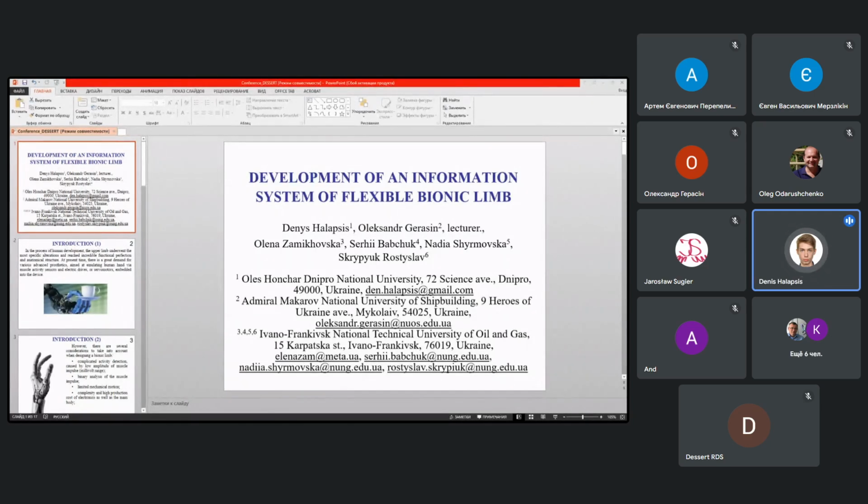However, there are several considerations to take into account when designing a bionic limb, such as complicated activity detection caused